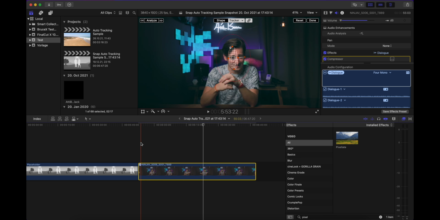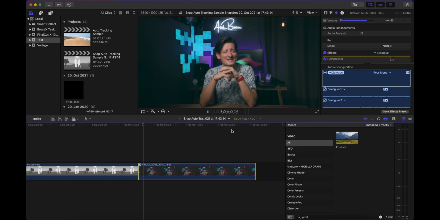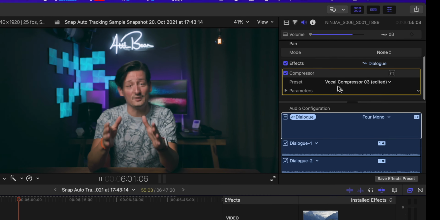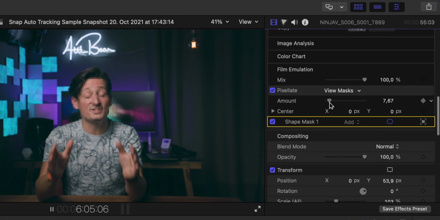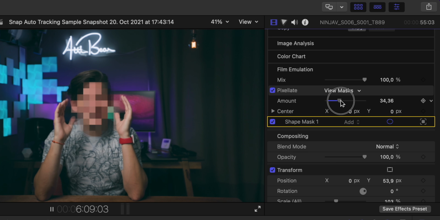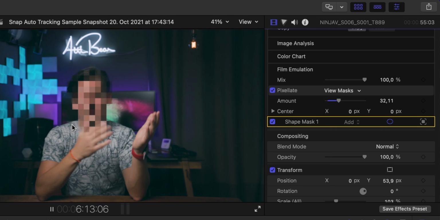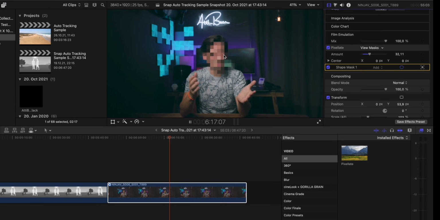Okay, let's see how well it was able to pixelate me. It was kind of okay. We can also adjust the effect, of course. For this, go into your effects, increase the amount, and you can have a proper pixelated person within your footage and remove them later without any hassle whatsoever. So this is really convenient.